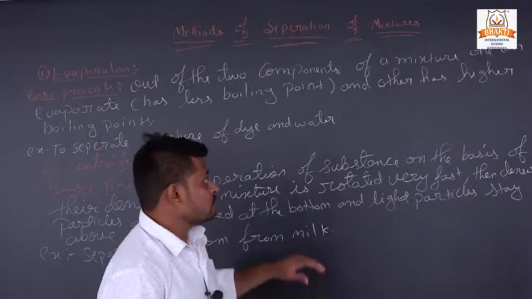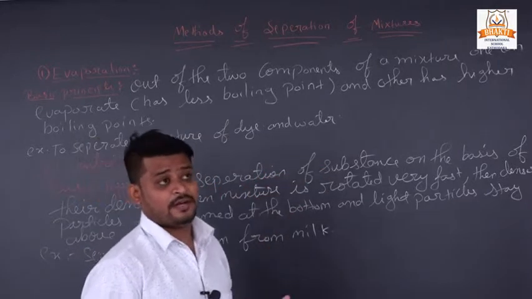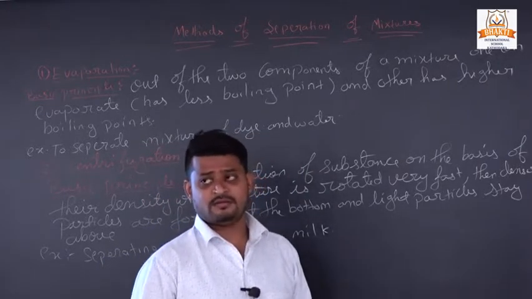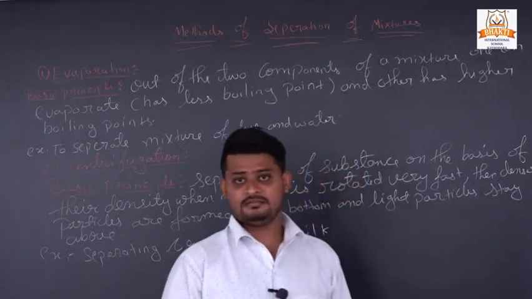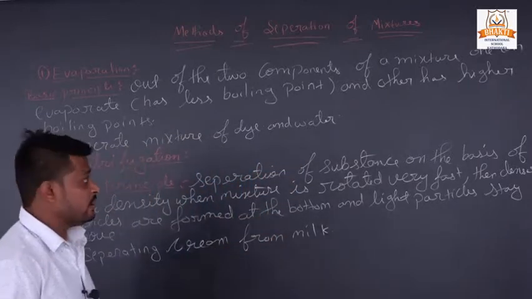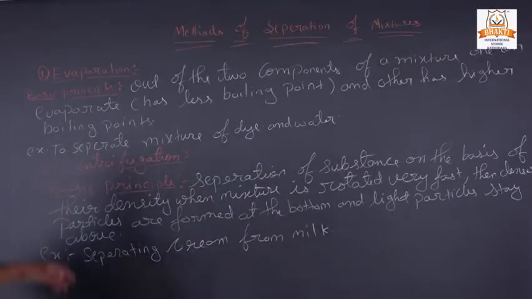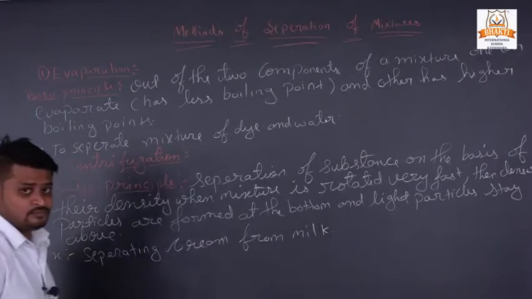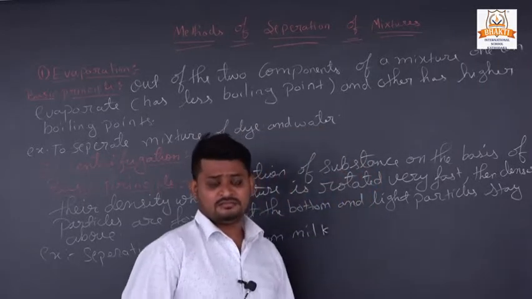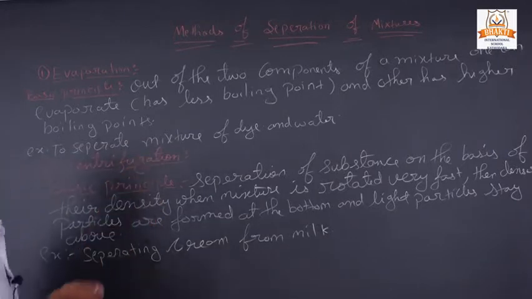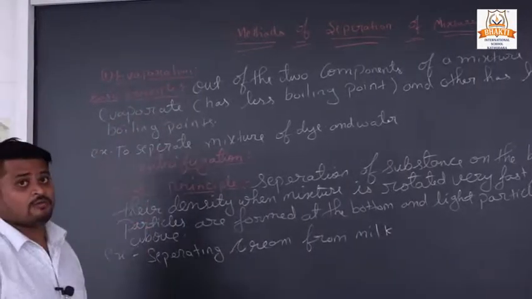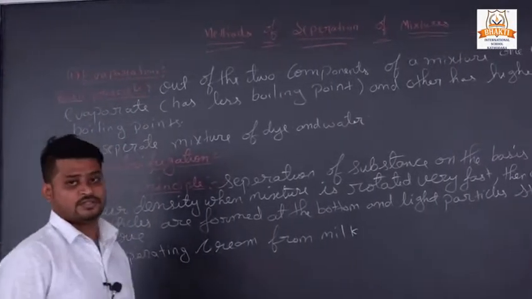So when we want to separate a mixture, there are many methods, approximately 8 to 10 methods, but in your NCERT class 9 book there are only 8 methods. So we are going to discuss those 8 methods one by one. Our first method is evaporation. We studied evaporation in earlier classes, and in our first chapter also, evaporation causes cooling, right? So we will discuss how evaporation separates a mixture.